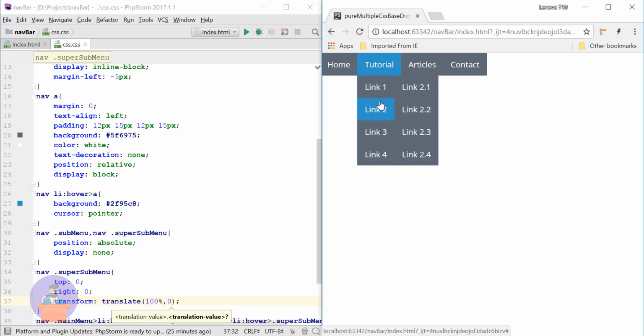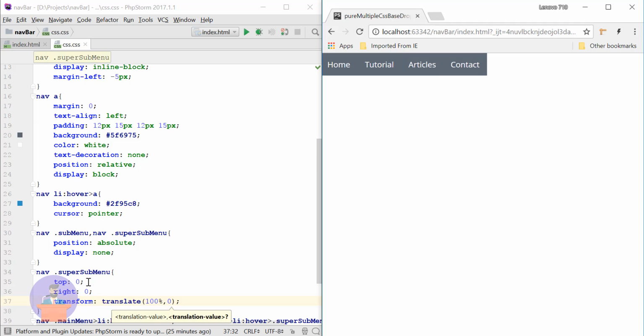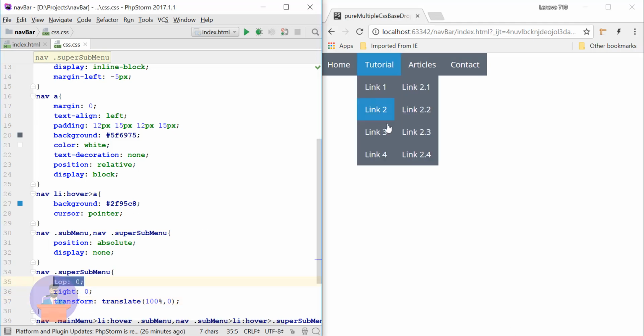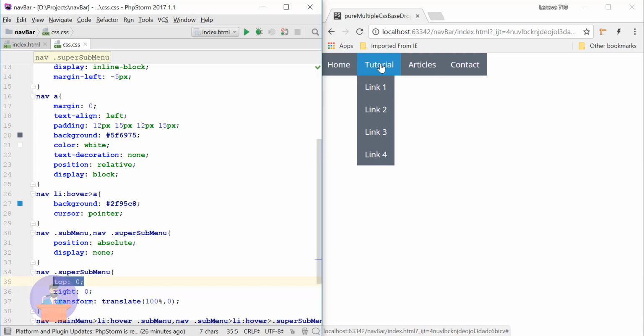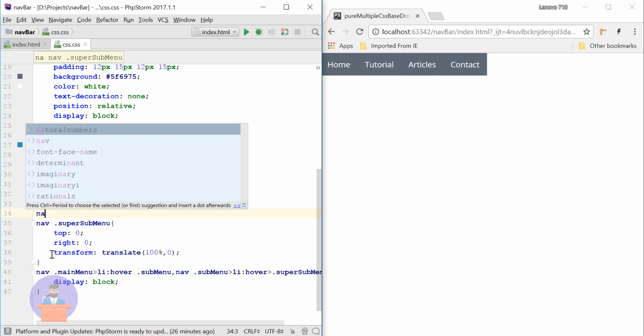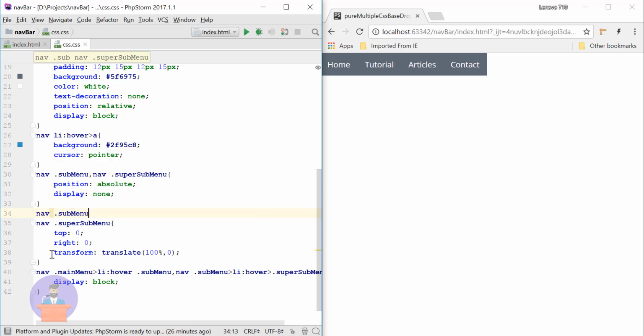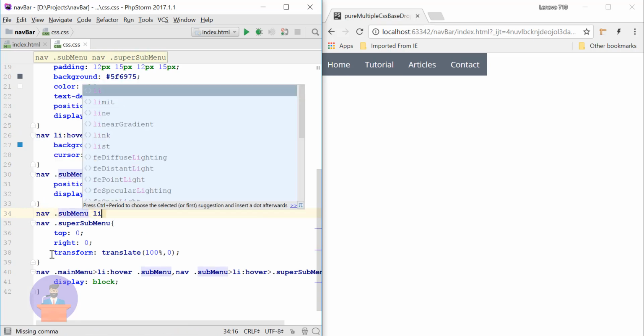Okay, but as you can see, it should come in parallel to this link 2. We have provided top 0. So I think this top 0 is relative to this main menu. So we need to make the position relative to this submenu list. Here in navigation we have submenu, and inside that we have a list.